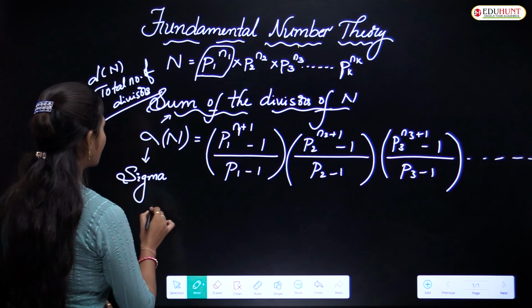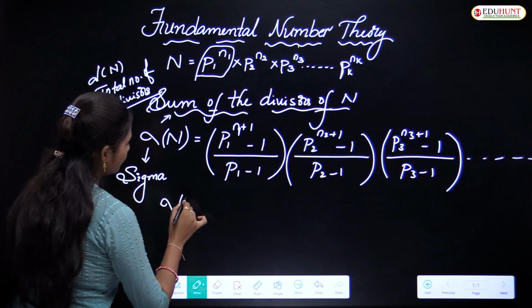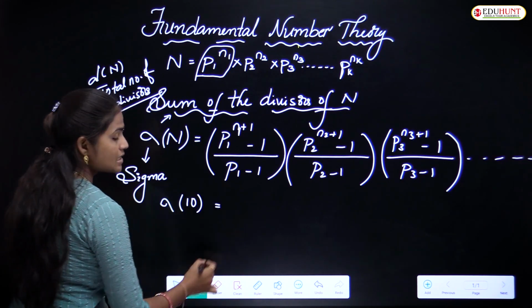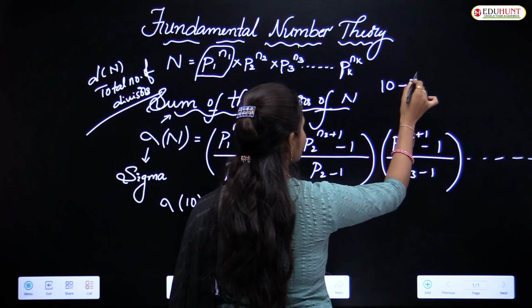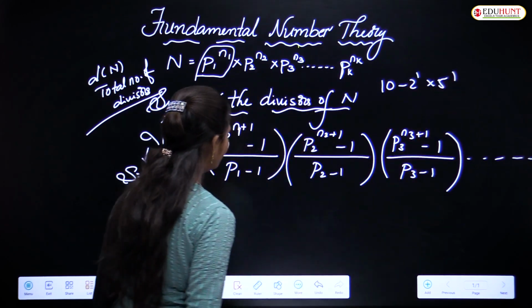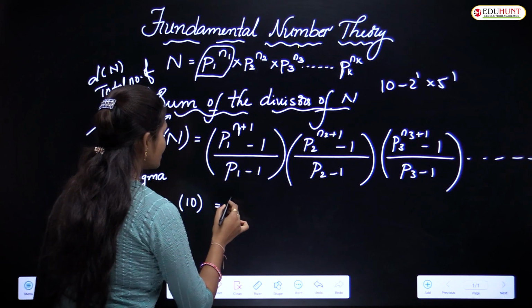Okay, let us take one of the examples: sum of the factors of 10. What is the prime factorization of 10? That is 2 power 1 into 5 power 1 only, no? So sum of the factors means here